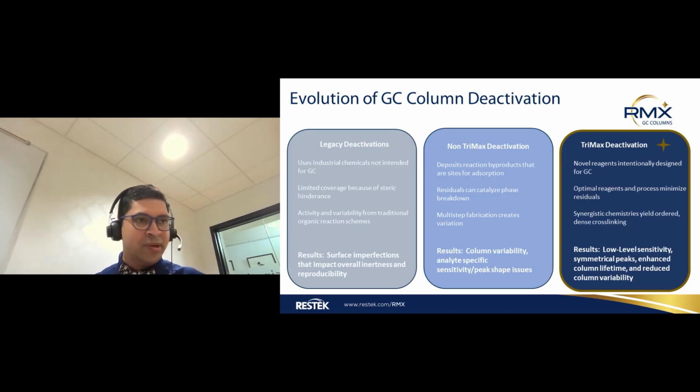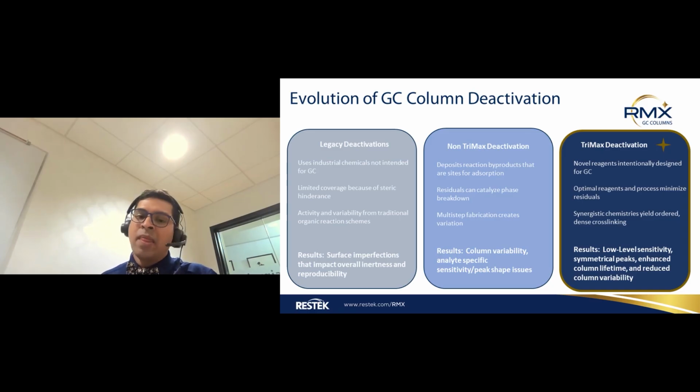Now let's move one step ahead and look at the timeline. We are talking about non-Trimax deactivation. The depositing reagents used in the manufacturing process could create byproducts that can stay in the column. Now, the deposition of these reagents within the column, again, might be minute, but they create residuals inside the column that can actually catalyze your stationary phase itself.